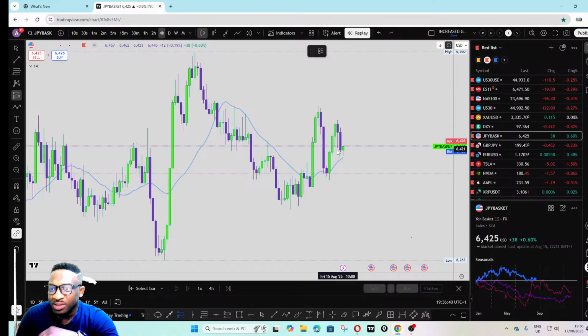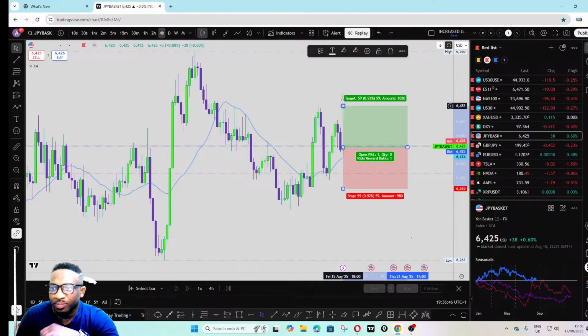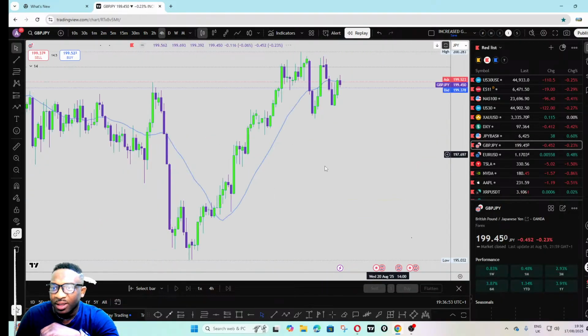So yen basket is looking to be going up. As I said, if it's going up, this will be the most recent high target area. So the same way what the yen basket is doing, we have the opposites. We had a break of structure. If we pick here, break of structure, recent break of structure